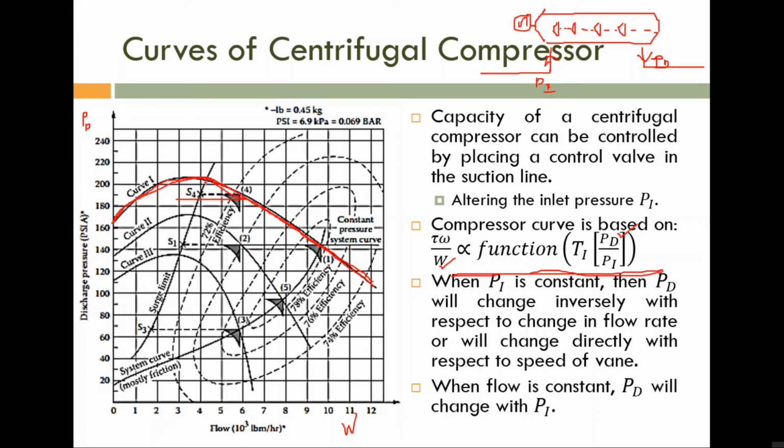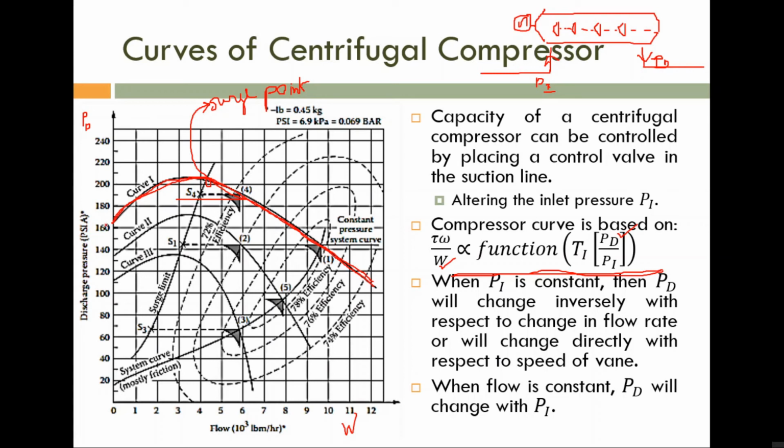So the point at which the discharge pressure starts to decrease is known as the surge point. This point is known as the surge point. Surge point means stable region. So the point at which the compressor becomes stable is known as the surge point. Means from this point onwards, the compressor is stable. Why am I saying a stable region?